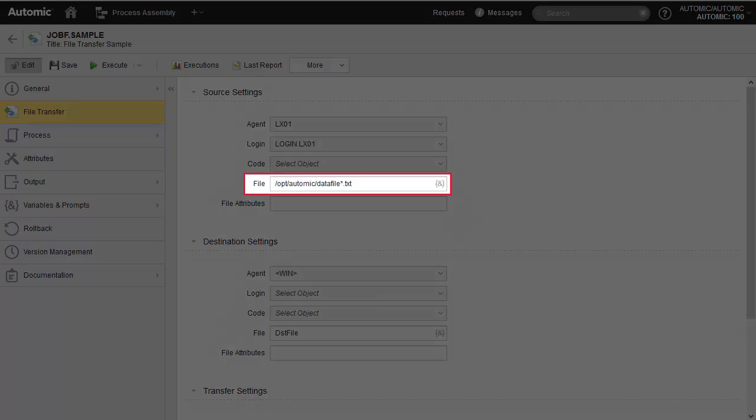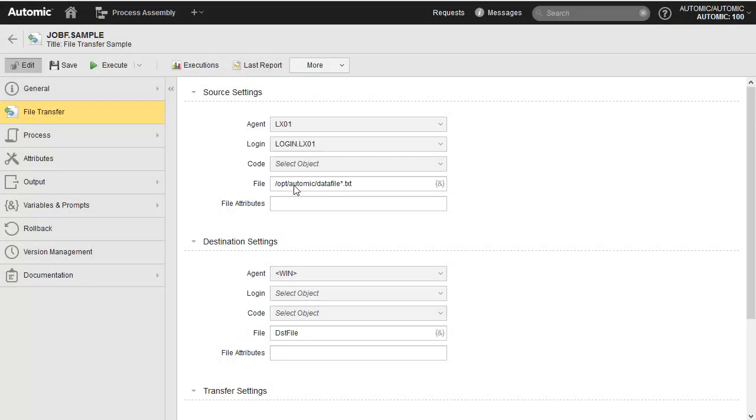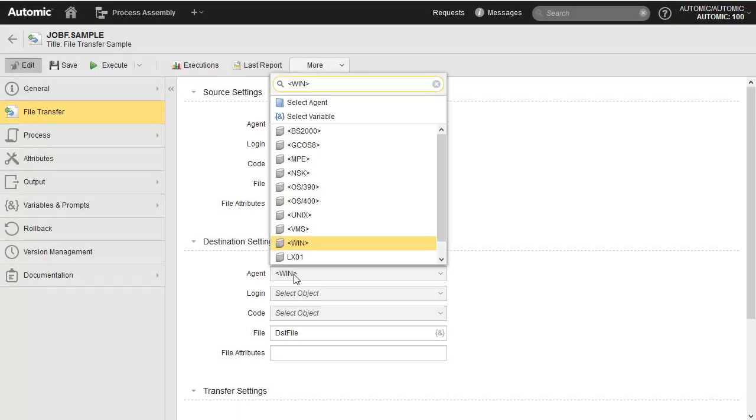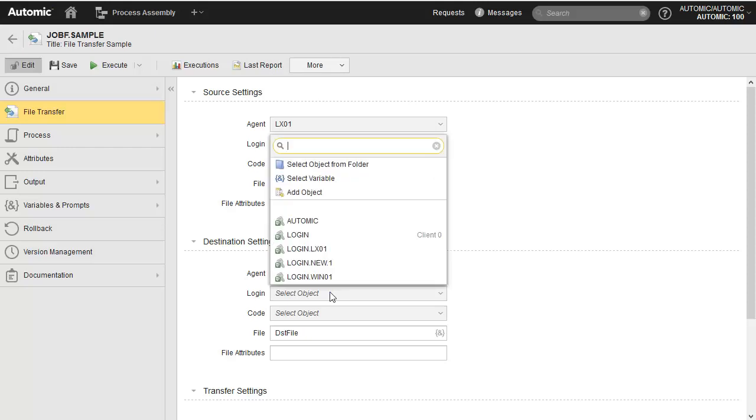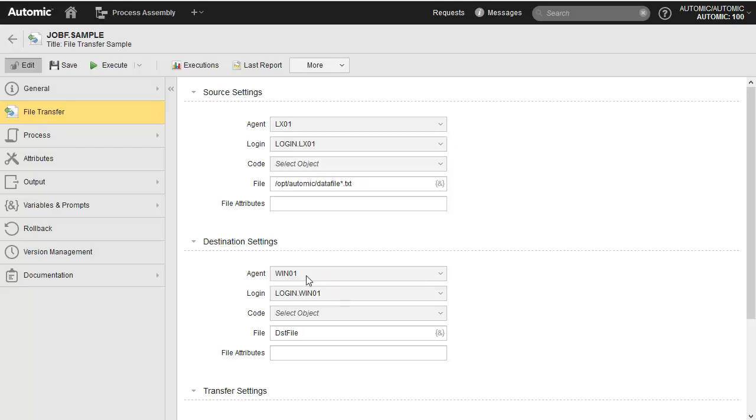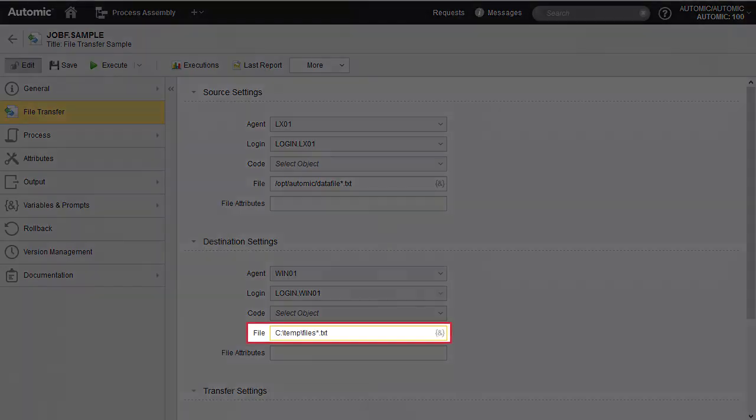Notice the use of the wildcard. We want to transfer all of those files. We are creating new files with different names.